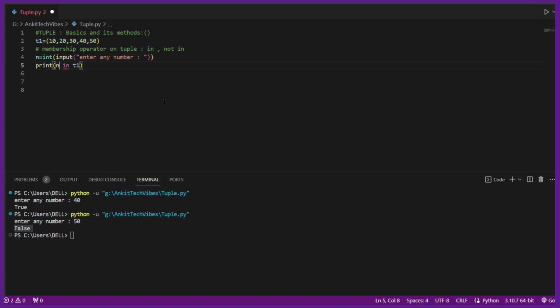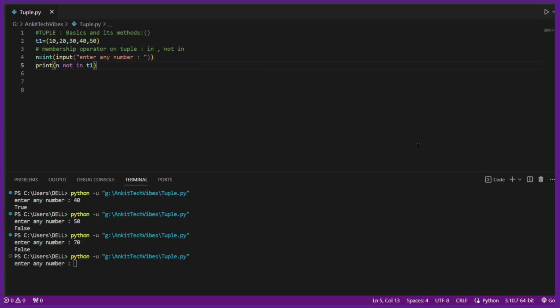Let's say 70 in the input. Save it, run it. If we take 70, the output should return false. Yes. And if we use the not in membership operator, save it and again run it. If we provide 70, which does not exist in our tuple, but it is not in, so it should return